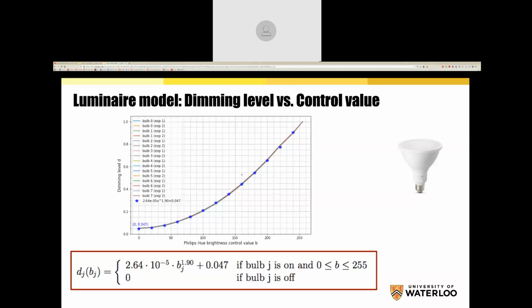And in fact, we can fit it to this equation over here. It's 2.64 into this one over here. And so we do have an ability to choose a B value. So if you invert it, we know what B value to use for a particular D level. Again, we're not just relying on one bulb, we're doing it for a whole bunch of bulbs, and using this one, we're able to replicate that quite exactly.